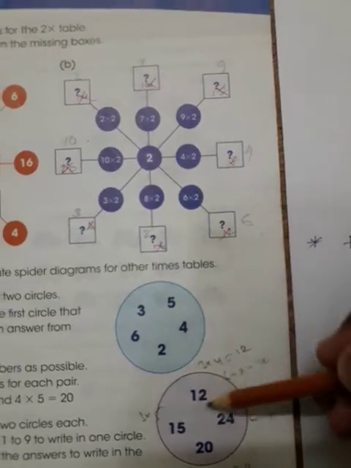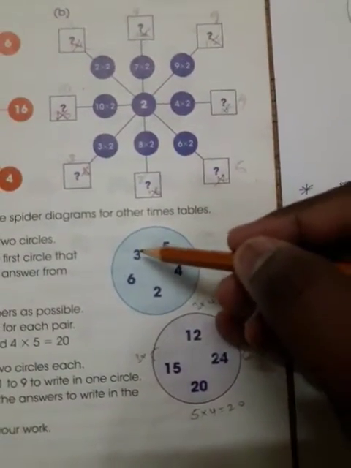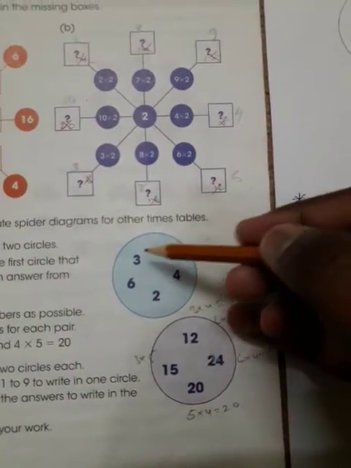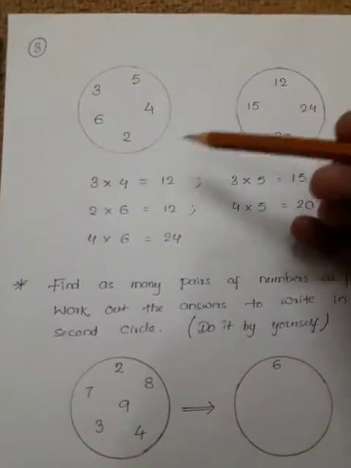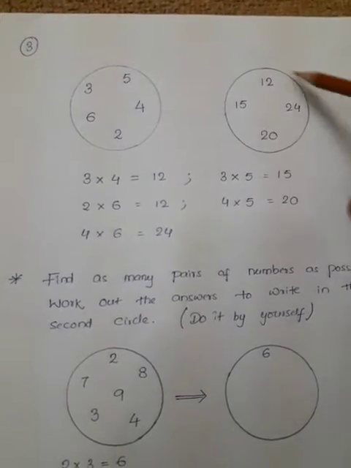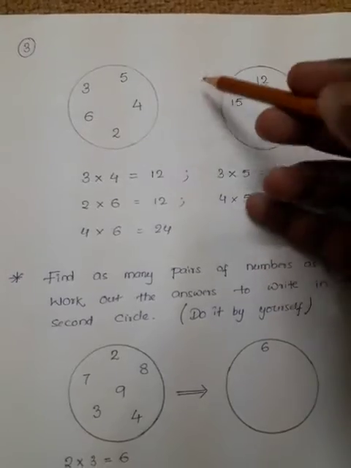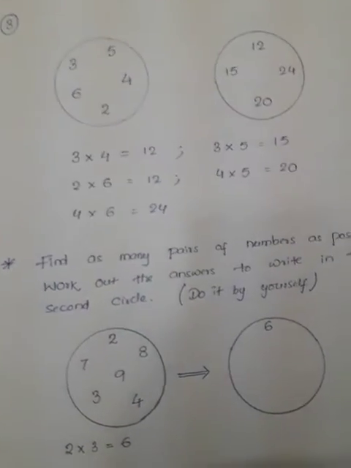2 multiplied by 6 is 12, yes, there. So I wrote here 2 multiplied by 6. Similarly, now coming to the 3 table, 3 multiplied by 2, 6, not possible. 3 multiplied by 4, 12. So 3 multiplied by 4 is 12, like this way, understand? So you can check with the one number, compare. Like 2 multiplied by 4, 8, there is no answer in the second circle. Okay, so whenever you multiply together any two numbers, the answer should be in the second circle.